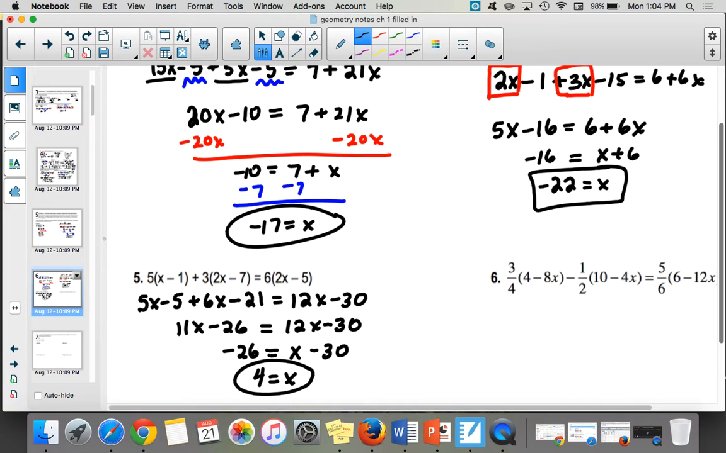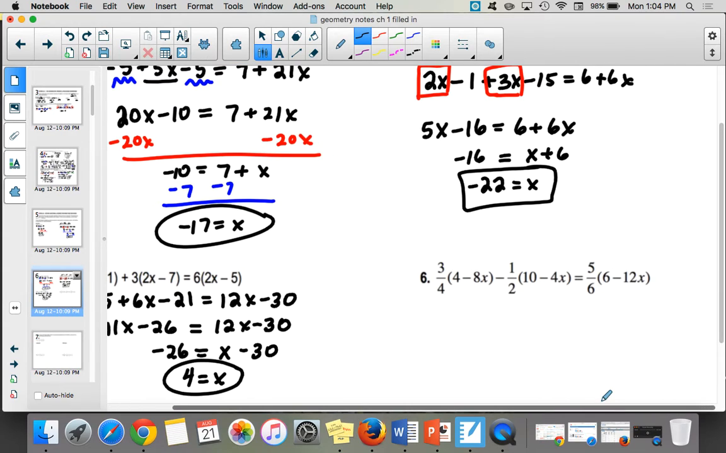Awesome. Okay, so the next one's a little bit more complicated because now we have like 3/4, 1/2, 5/6. So you can put all these numbers as over 1 if you want to. And you could do them off to the side. So you could say like 3/4 times 4 over 1. Right? That ends up being 12 over 4, which is 3. So we get 3 minus 24 over 4, which is 6x, minus 5, plus, because negative 1/2 times a negative